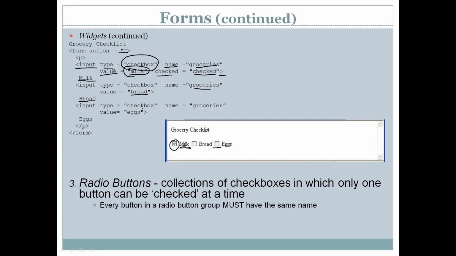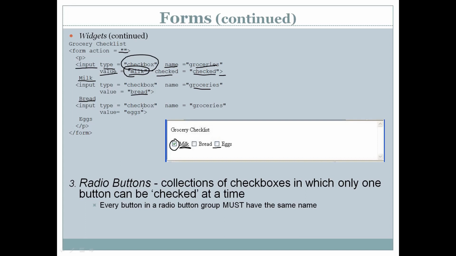Any number of checkboxes you can create by using this syntax. The syntax is very simple. Use an input tag along with type equal to checkbox to create a checkbox. This is about creating a checkbox. The next widget is radio buttons.